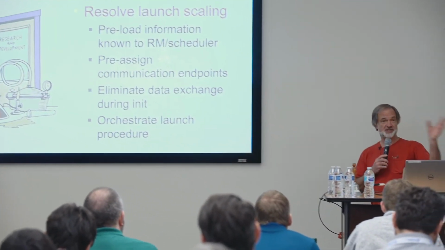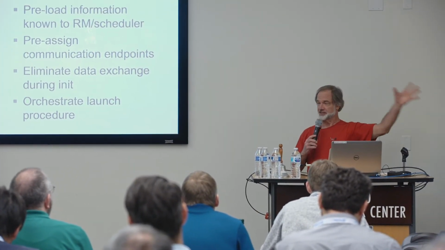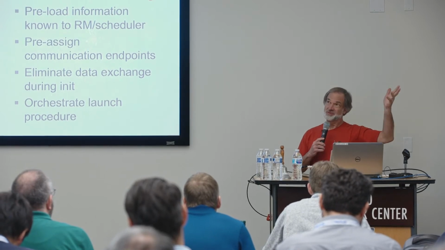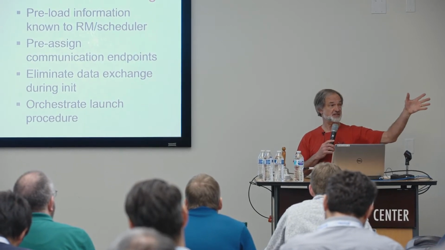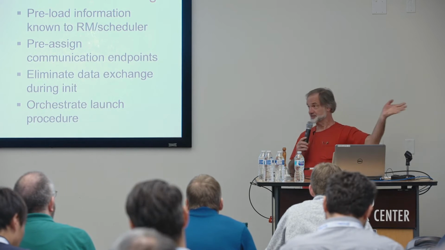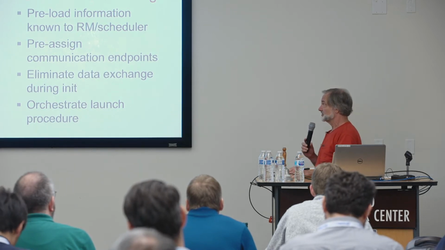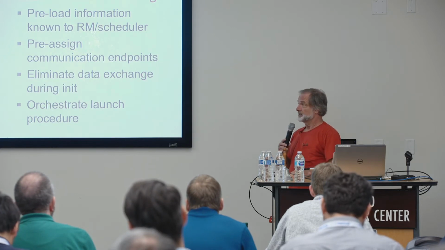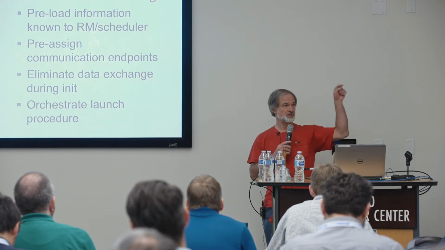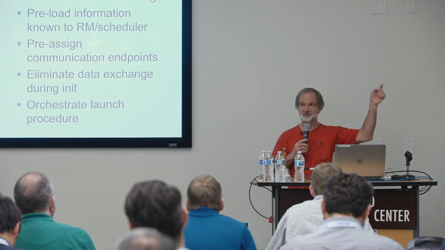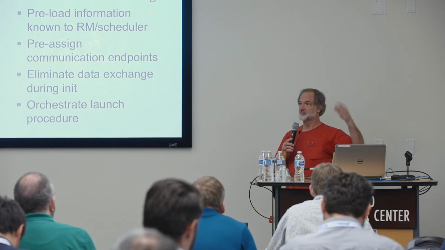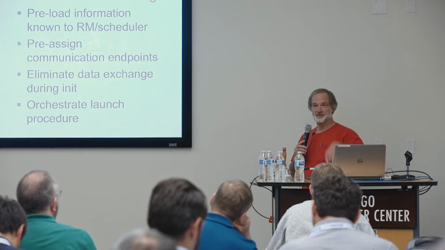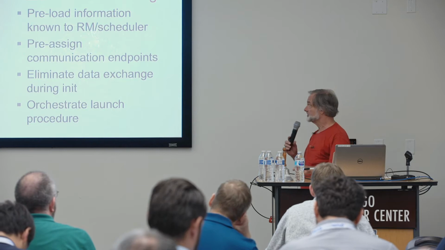Well, in an exascale size machine, that collective is enormous. I mean, it's on the order of, uncompressed, about 250 megabytes of data flying around between all these different processes, which is kind of a lot. So we said, let's take a look at what's in that data. And we found that better than 80% of it was already known to the local resource manager daemon that started the process to begin with. It was all kinds of stuff about the job that was already well known. It's just that the resource manager never bothered to tell the process what it was.